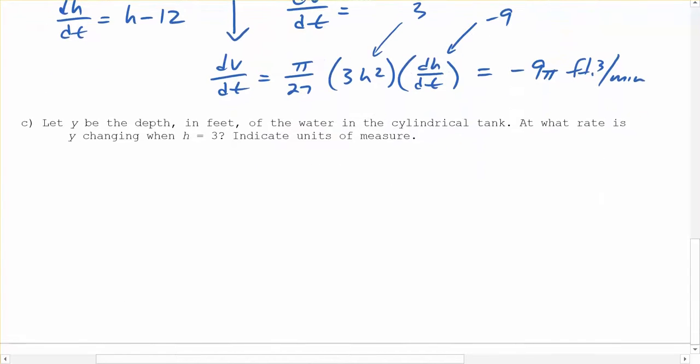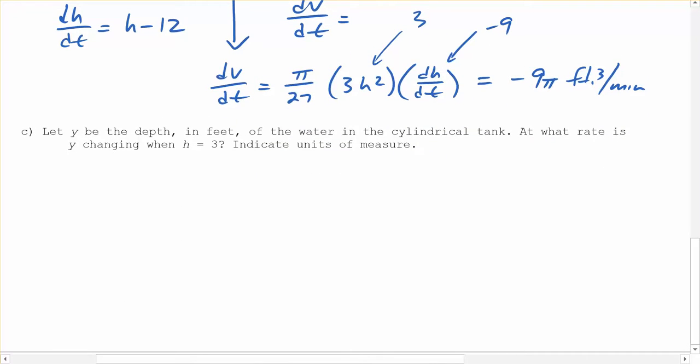Nice. So is there more to this? It says, let y be the depth in feet of the water in the cylindrical tank. At what rate is y changing when h is 3? Give that one a start. See if you